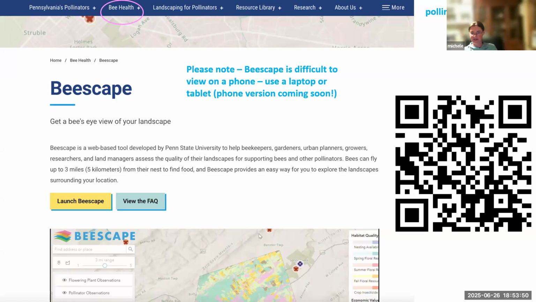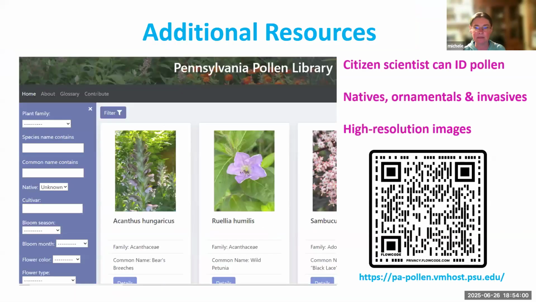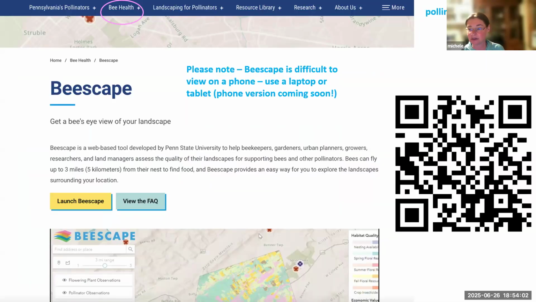But we do take this information and we use a program called Beescape. I have not provided any beekeeper client information to them. They've taken all the data that I've generated from our lab and then other researchers that give approval that yes, you can use this data. But the more information we have about what plants are coming from where, the better Beescape is going to get.